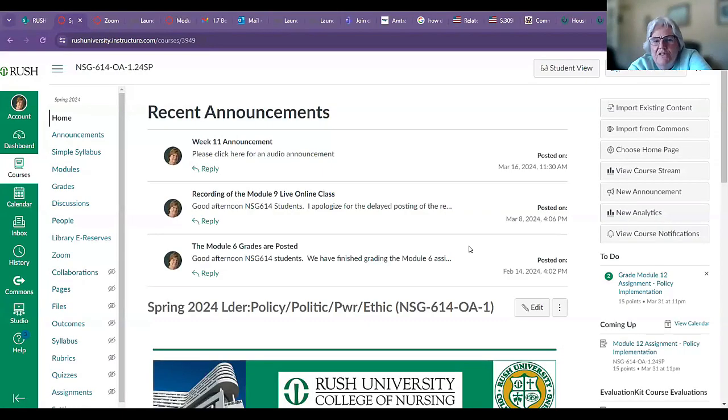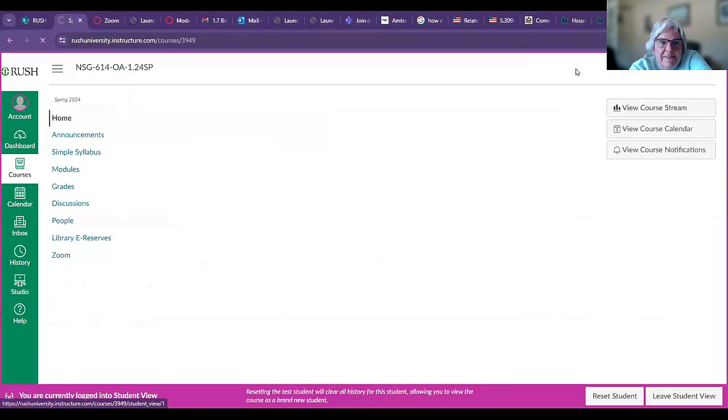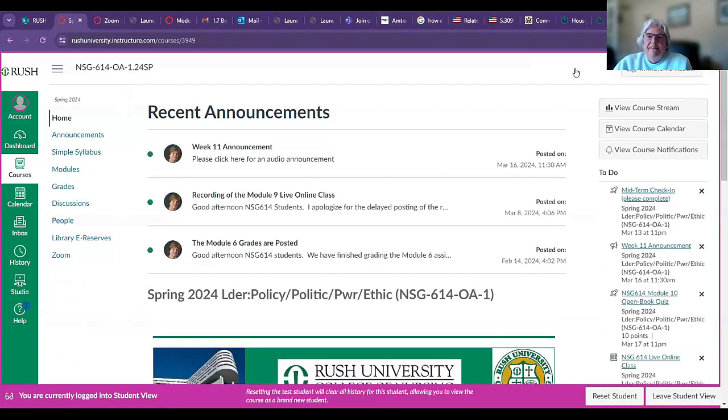So one of the things, I looked at Peg's slides, we talked about this yesterday, and one of the things I felt really strongly about was using consistency with each of the courses that you teach. Students love consistency. They really like it. It's easier for them to operate when they know what to expect. And so I'm going to put this in the student view so you can see what they see. I think one of the things that's really important is to set the course up so that there's not too much there and it's easy for the students to follow through